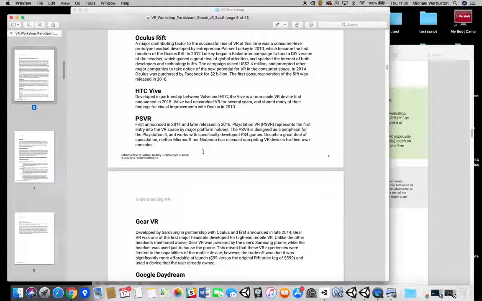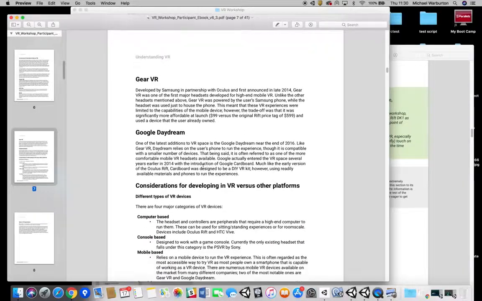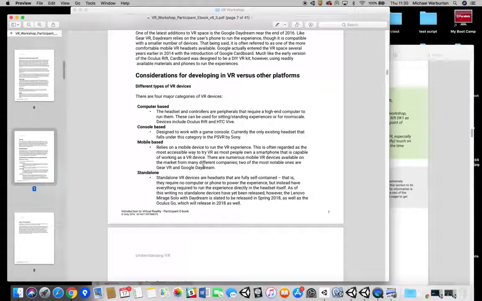So explore the brands, and like I say, in the ebook here, we've got some examples for you. From there, I'd then be talking about the different platforms that we've got for it. So the computer-based, the console-based, and so on, as you can see. But what would be quite good is maybe that's where you can open up a discussion, maybe getting a little bit